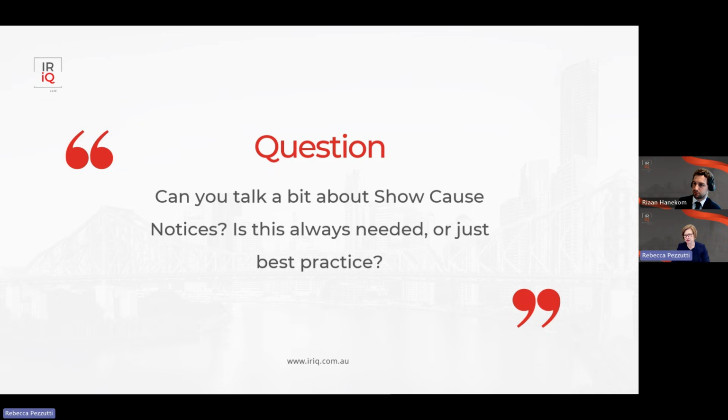Yeah, and look, as a lawyer, I would say this, that I am a big fan of what I call self-serving correspondence, and show causes can have that effect in the sense that it documents the reason for your action. And in an environment where general protections claims are increasingly being used by applicants instead of unfair dismissal applications, a show cause notice clearly articulates what is in the mind of the decision maker before the decision even gets made. So another reason why it's a really useful tool. You get to effectively create the record and put on the record what the real reasons around a potential decision to terminate are. So again, it's a document that really supports defending decision making.